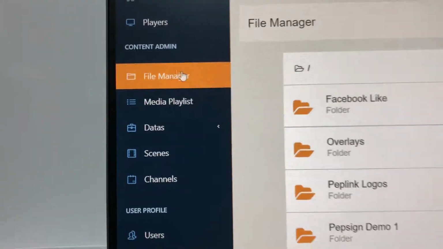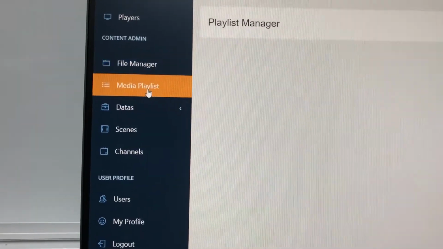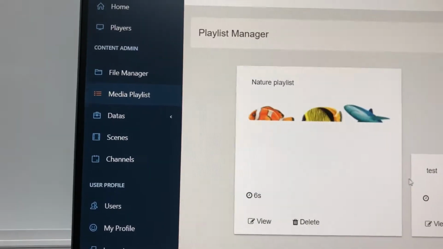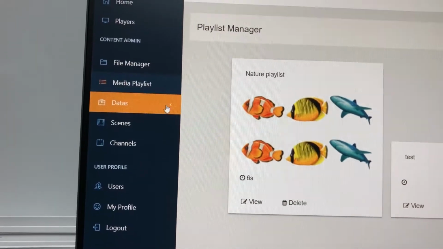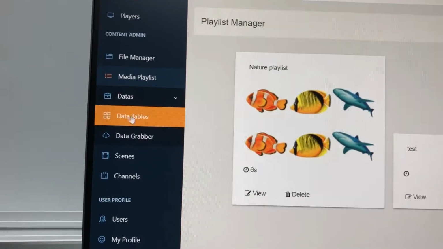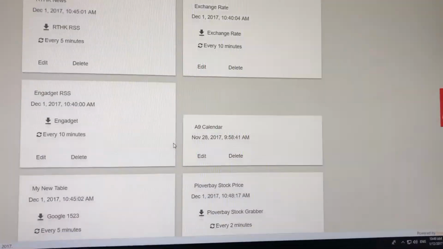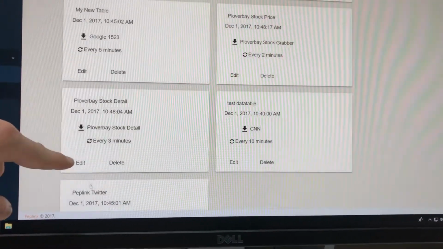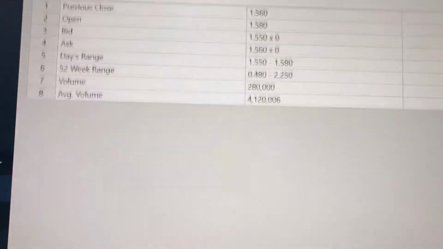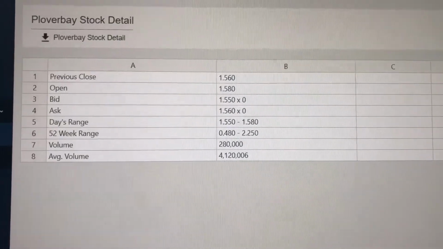So over here on the left, I can go into my file managers. I can add assets. In the media list, I can add media assets. And the data, I'm going to quickly go over this just so I can fit it into a nice video. I have my data tables, and the data tables are kind of neat because there is this right here. There we go. I can click edit, and here's a data table,